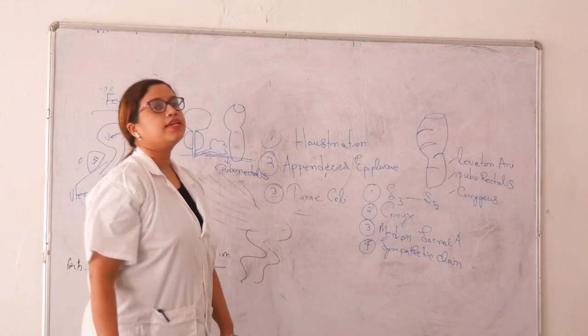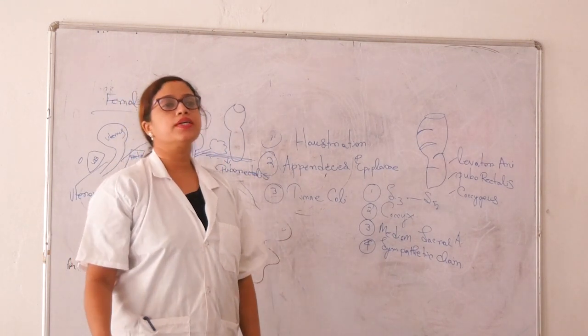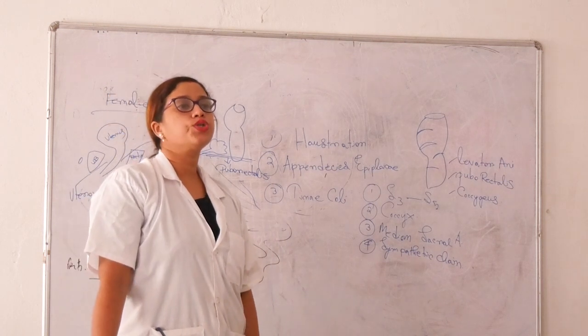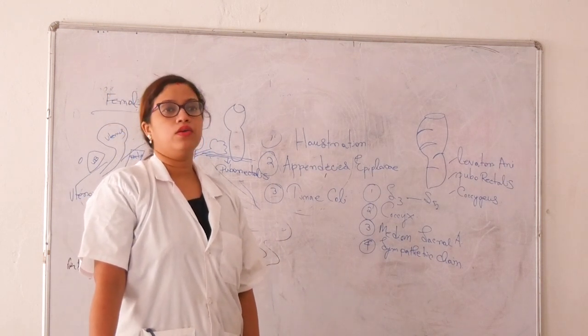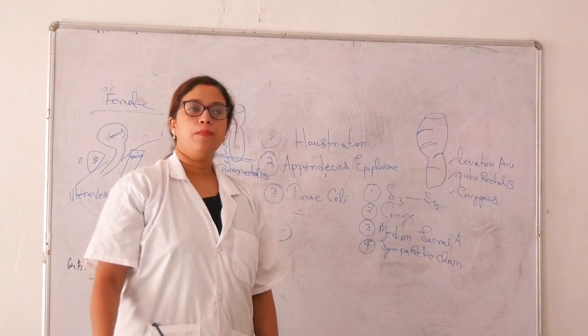So where is it present? Puborectalis, where is it present? It is present at the junction of the rectum and anal canal. Okay, it is making the flow between the rectum